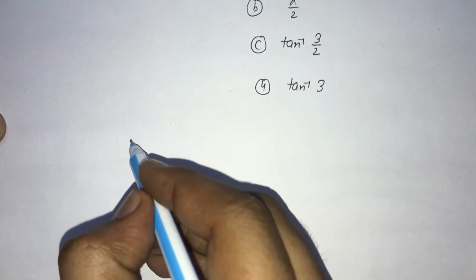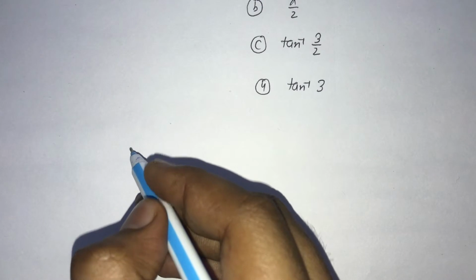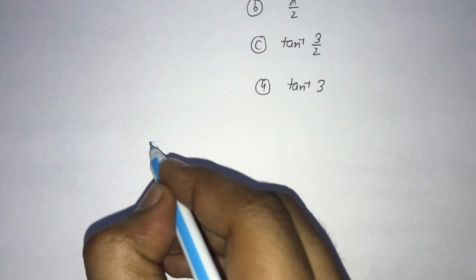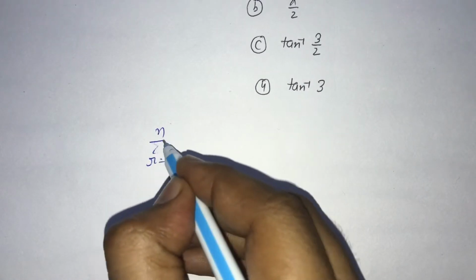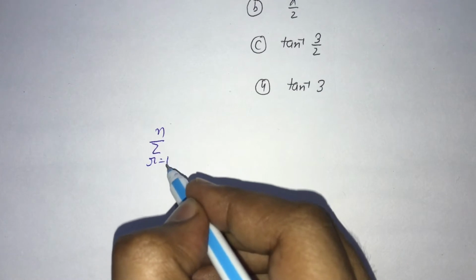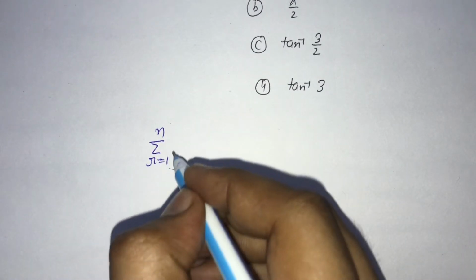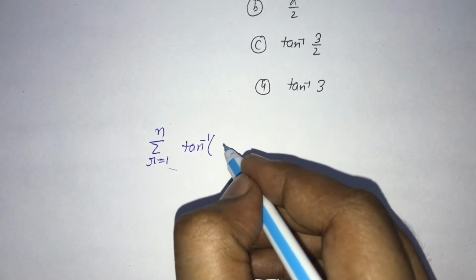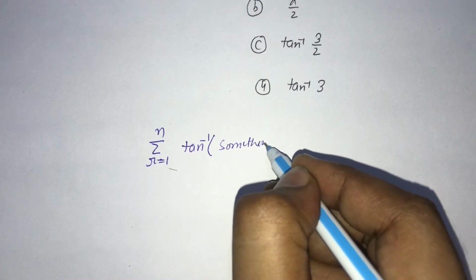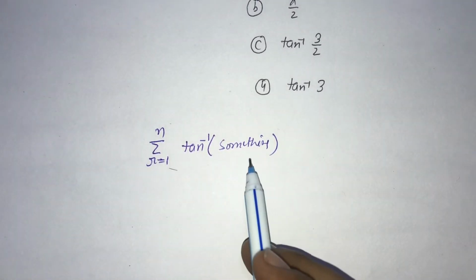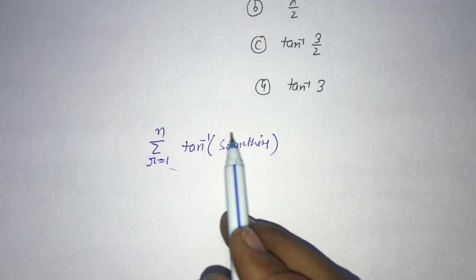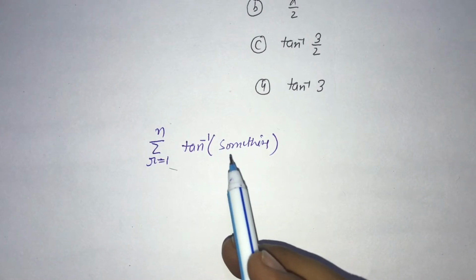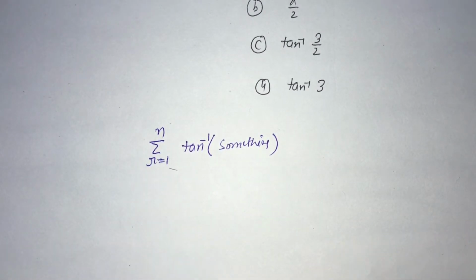The concept says, whenever we want to find a series summation, suppose I'm giving a series in terms of sigma r equals 1 to n, or it can be from anywhere, say 2 to 3. So if the series is given in terms of tan inverse of something, whatever is written here is a function of r. If you put r equals 1, you will get the first term. If you put r equals 2, you will get the second term. If you put r equals 3, you will get the third term. And sigma tells you to add all the terms.